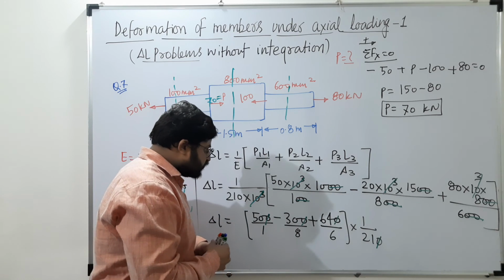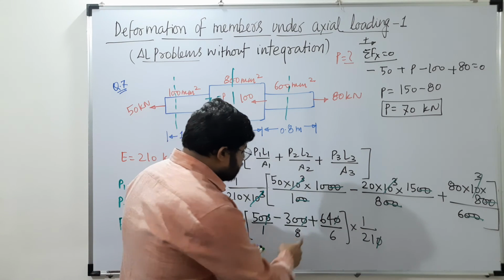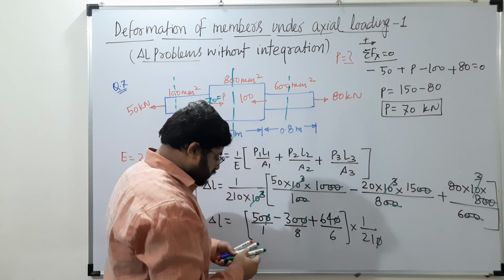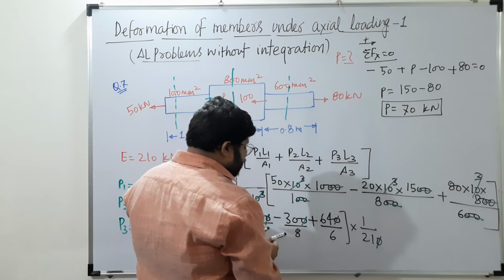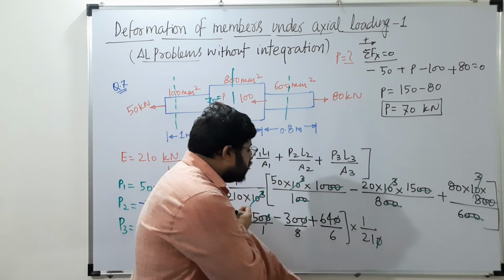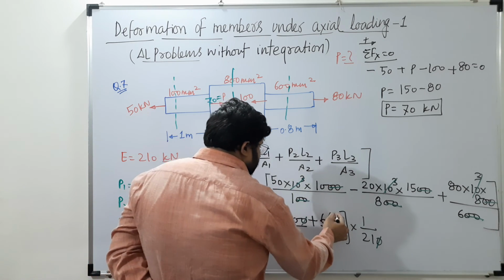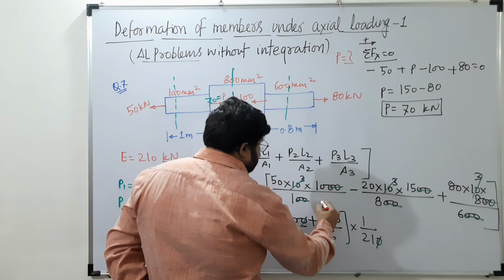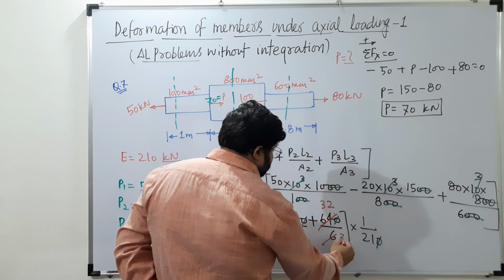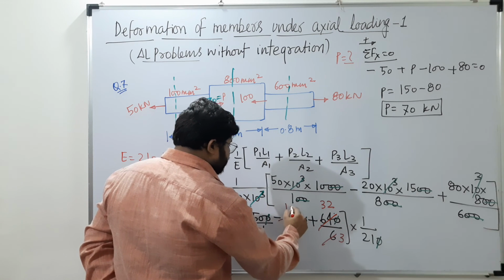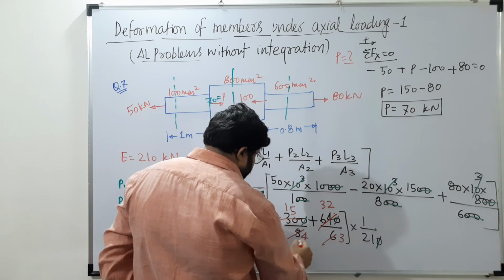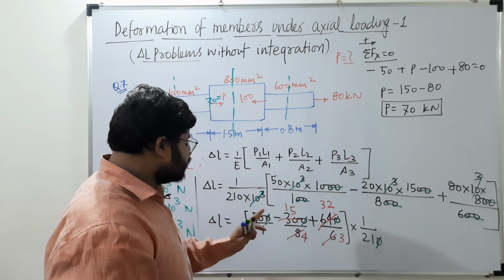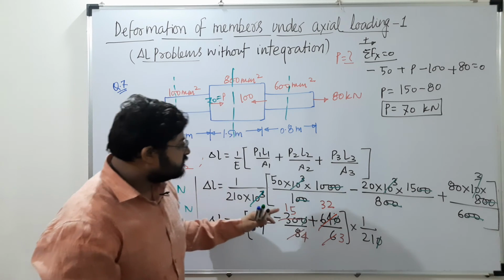Now this equation is quite easy, we can cut it like this. 64 by 6, can we cut it? So we'll try cutting by 2. So this will be 32 and this will be 3. Then again this will be 15 and this will be 4, right? So after getting this value, now you can use your calculator to get the answers.